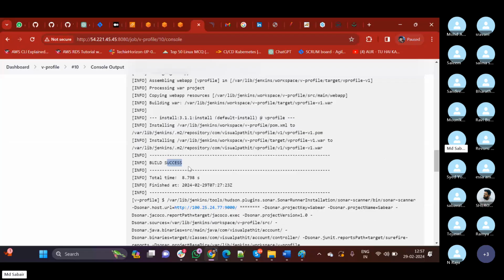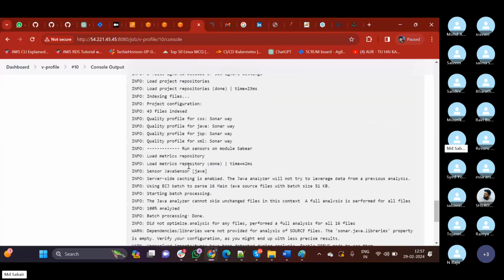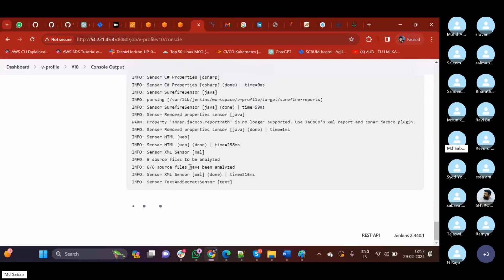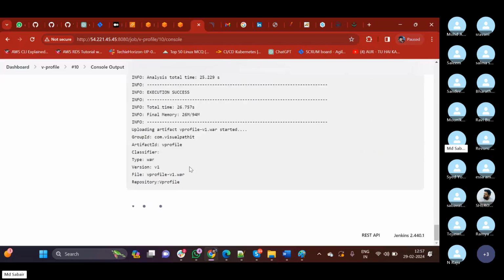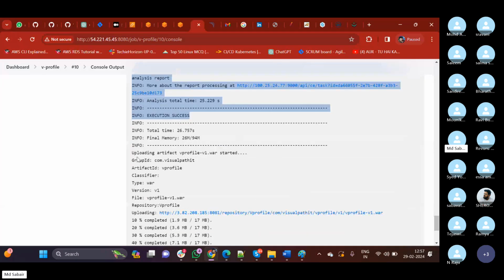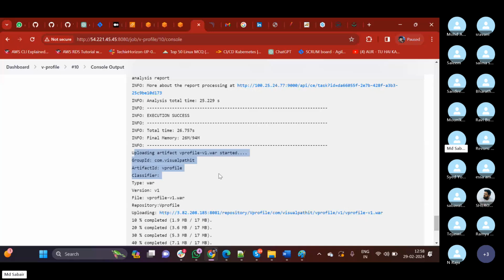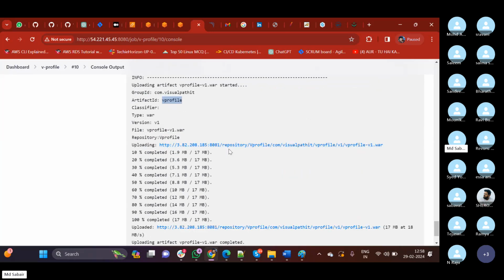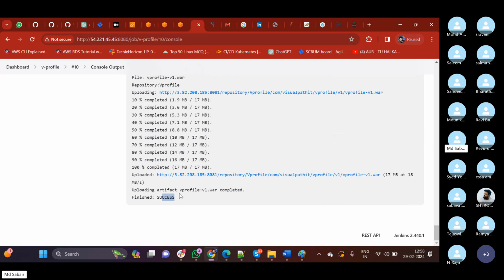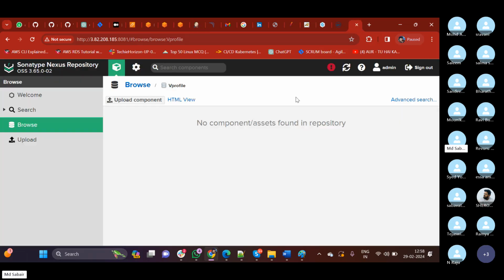Okay, so the build is successful. I'm executing them one by one: first I configured git clone, then SonarQube, then Maven, then Nexus. Here you can see that after SonarQube analysis, my Nexus stage has started. It has checked for the vProfile package, and then it is trying to upload to this location, which is nothing but my Nexus repository. Okay, successful. Now if I refresh this page,